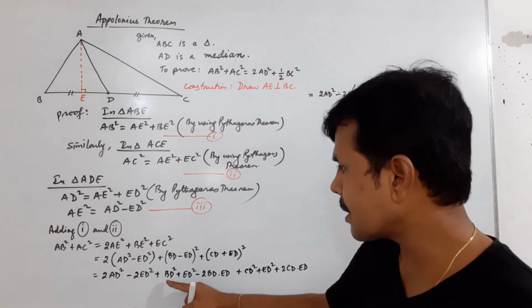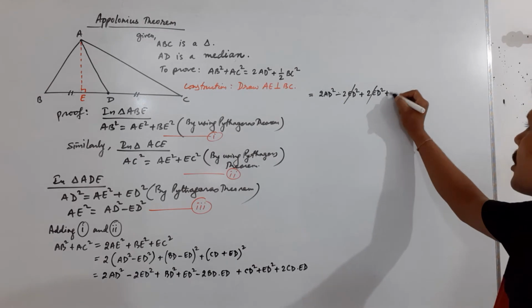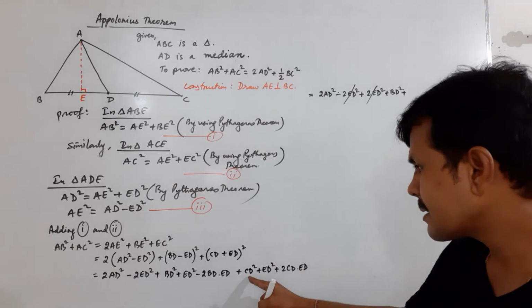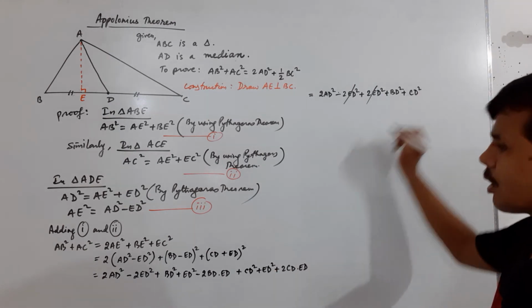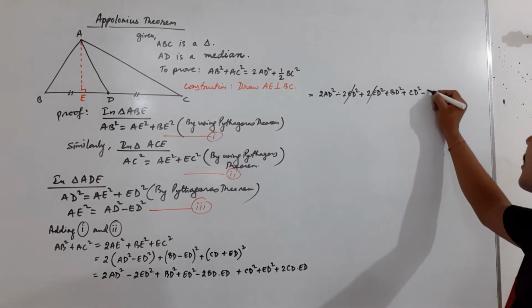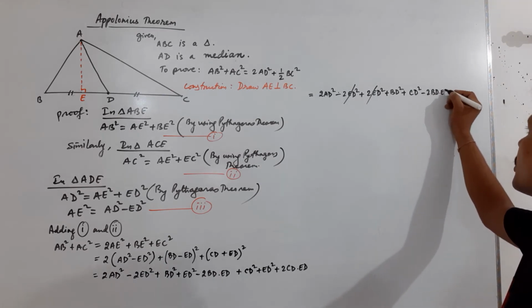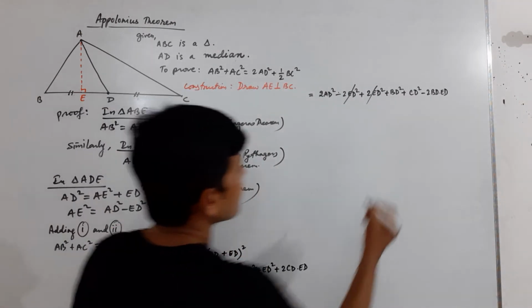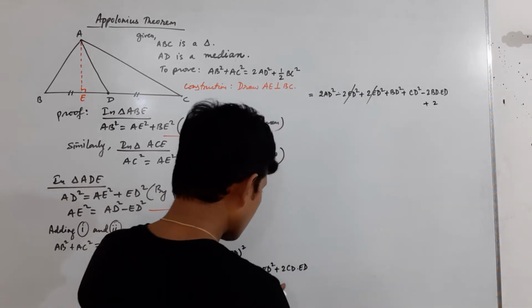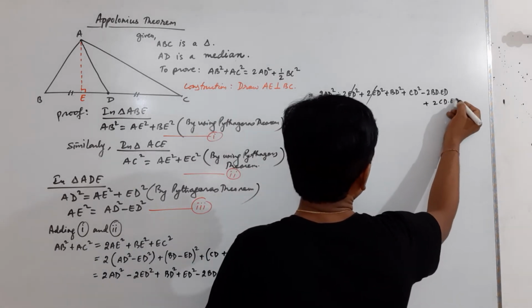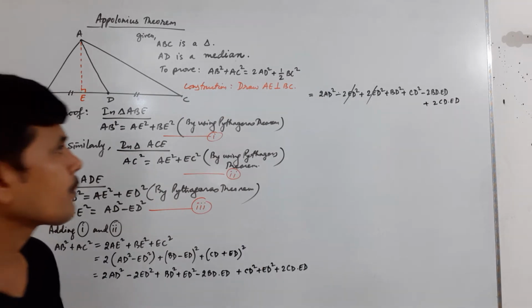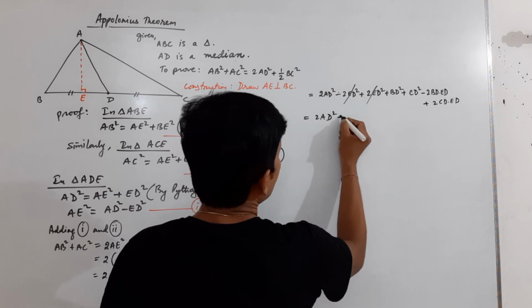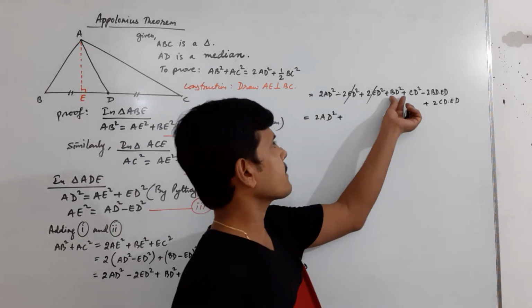Now we are left with BD square. It is BD square plus, you can see we have CD square. Also we have minus twice BD into ED. And plus we have twice CD into ED. Now this is twice AD square plus,